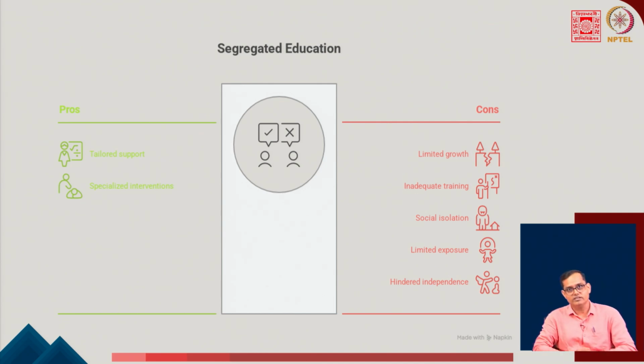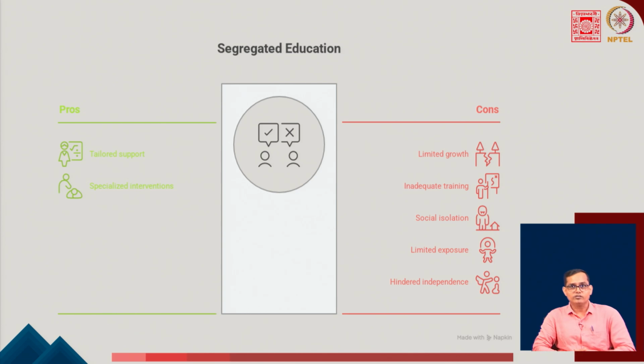But as far as consequences of special education is concerned, there is limited growth in a special educational setting for children with disabilities, as they have lack of opportunity to interact with non-disabled peers. During this setting, they are getting inadequate training because the scope is limited for them. They are generally given the specific type of training that is mainly concentrated with the issues and concerns of a specific type of disability. So, they do not have the opportunity to explore and interact with others and for their all round personality development.